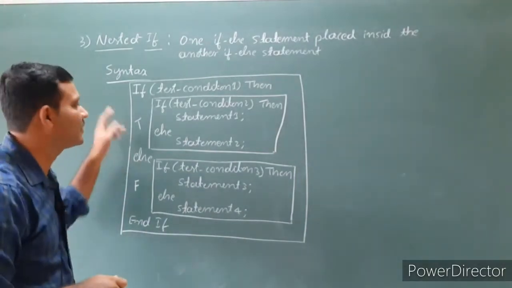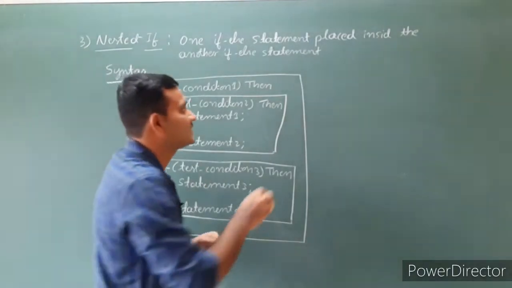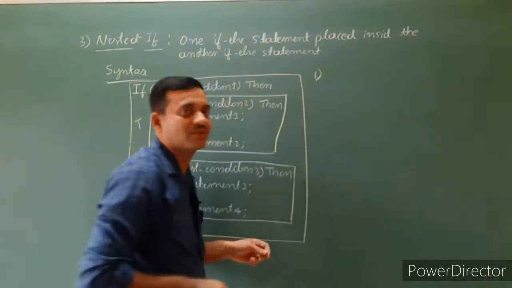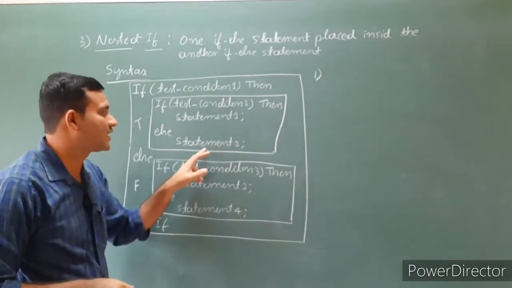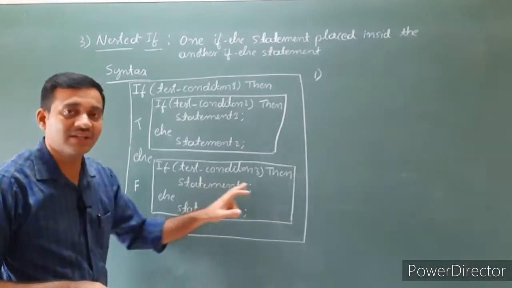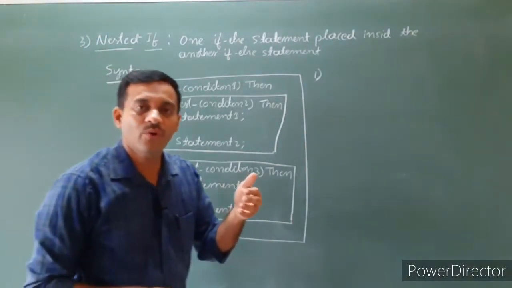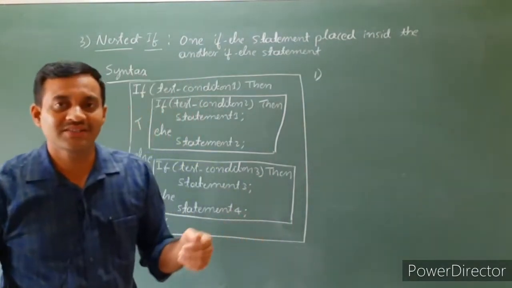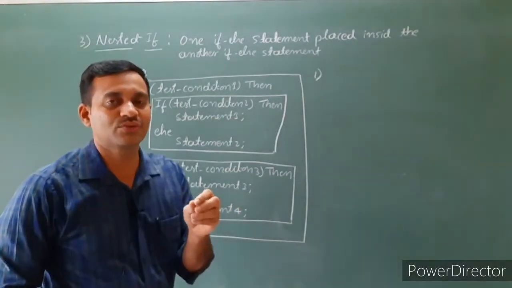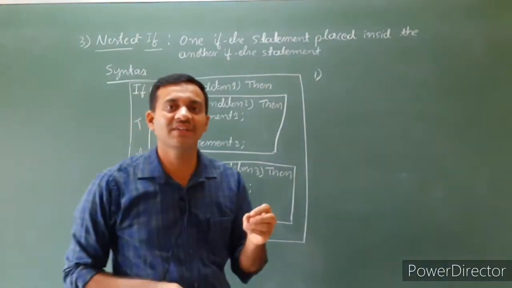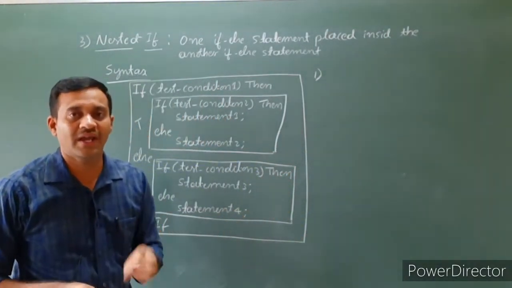That is the working principle of nested if. Let's rewrite the cases. There are 4 cases. Here cases means when the statements are selected: when statement 1 is selected, when statement 2 is selected, when statement 3 is selected, when statement 4 is selected. Here there are 4 statements and 3 test conditions. To select a single statement, we have to verify at least 2 test conditions. Depending on the test condition value, any one of the statements is selected for execution.